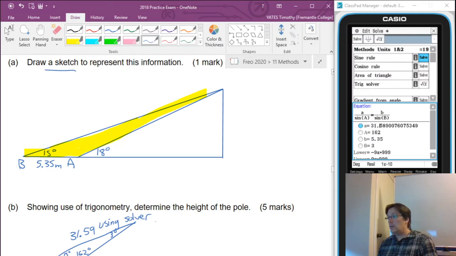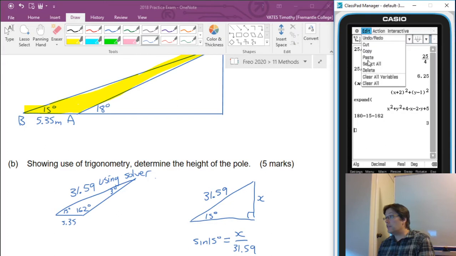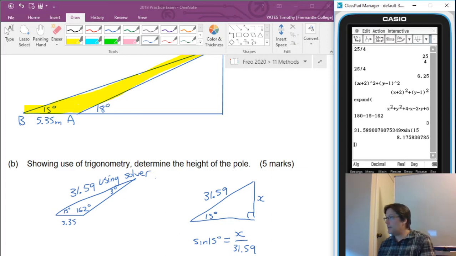And now what we've got is a very straightforward right-angled triangle, don't we? So we know this is 31.59. This is 15 degrees. We're trying to find that side on there. This is our sine one, so sine 15 degrees is opposite, or x, over hypotenuse, 31.59. So I'm going to take this, and you can actually do this: you just go edit, copy, and then edit, paste, so we don't get the wrong number, times sine 15, and that gives us x equals 8.18